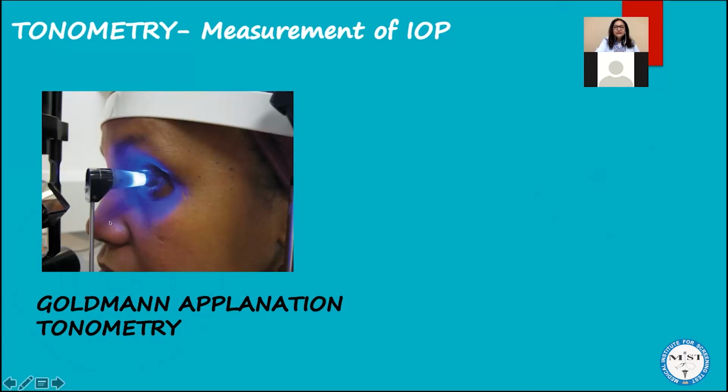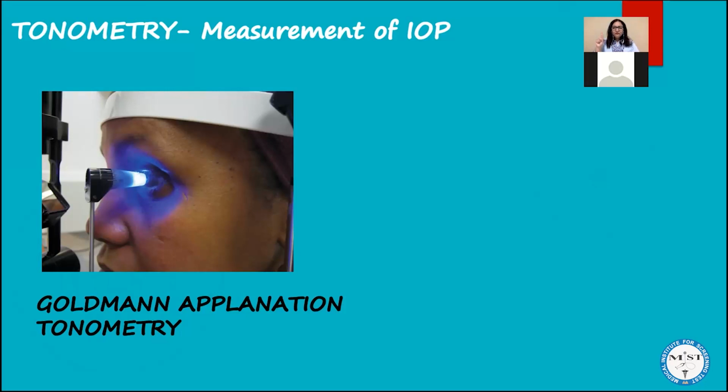So as you see in this image over here, this is the Goldmann tonometer. It is mounted on the slit lamp. Okay, we touch the cornea of the patient with this tonometer. How much pressure is applied to applanate the cornea gives us indirectly the intraocular pressure. So the intraocular pressure reading can be taken, based on how much pressure we have applied by this instrument onto the cornea. Okay, so this is the best method.